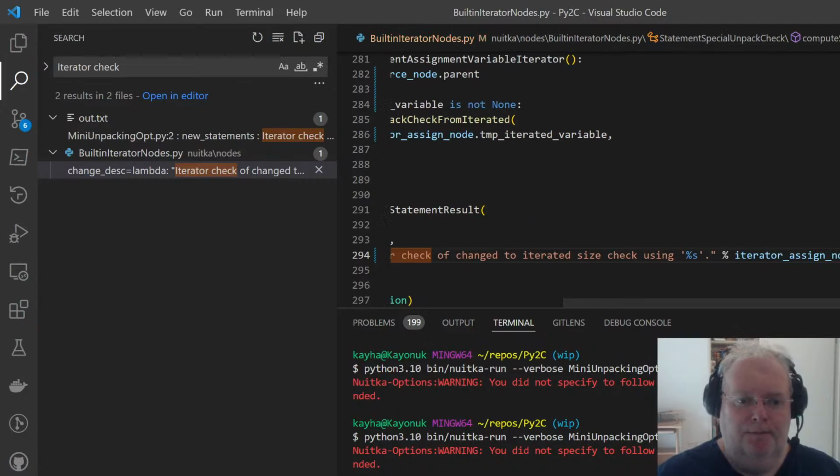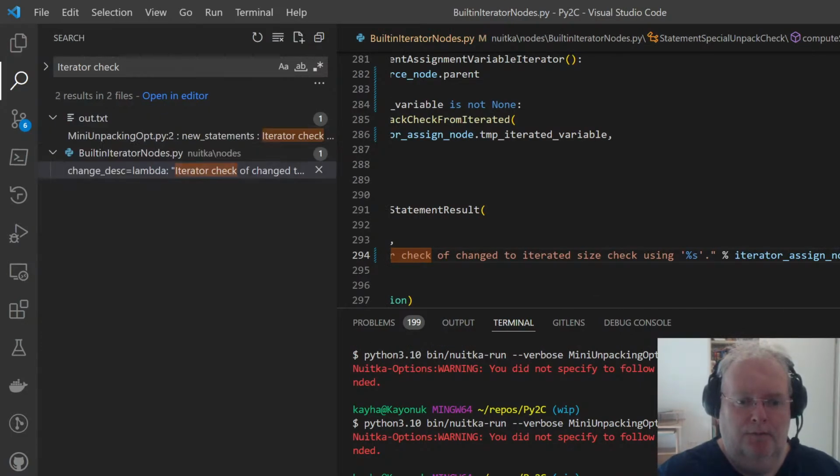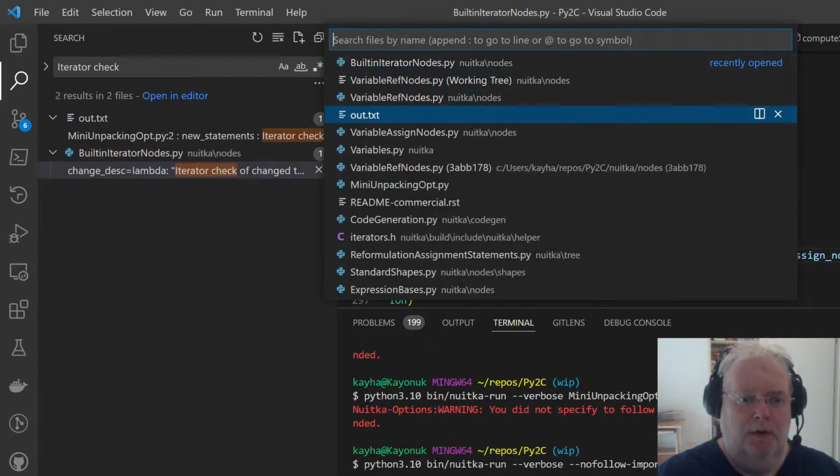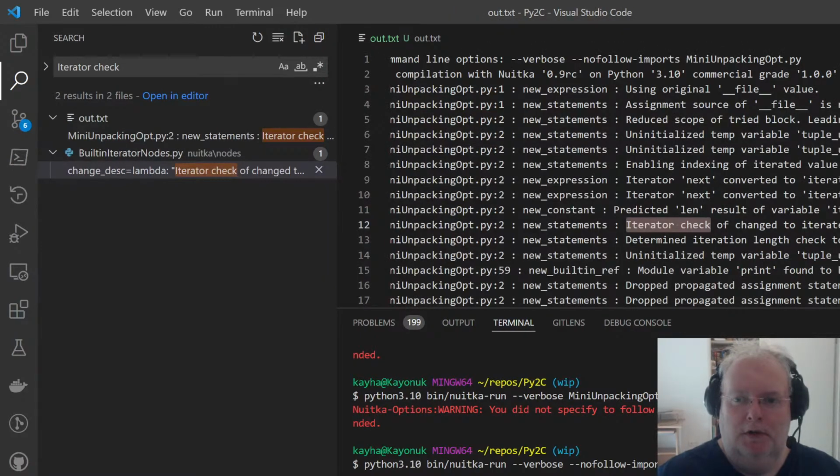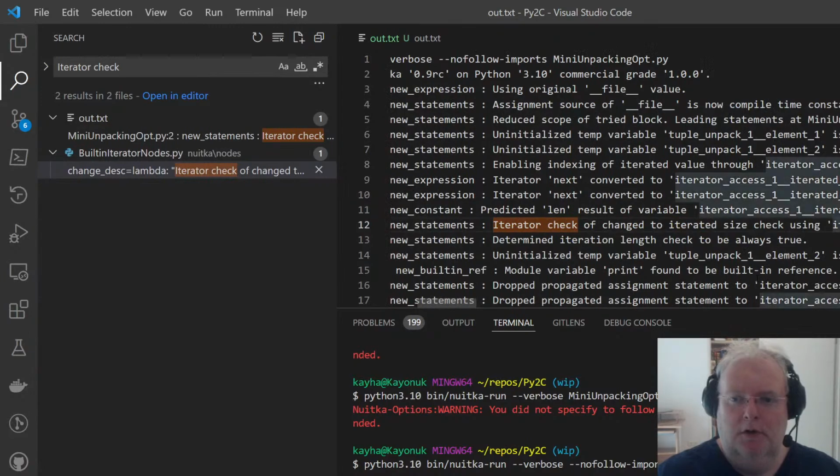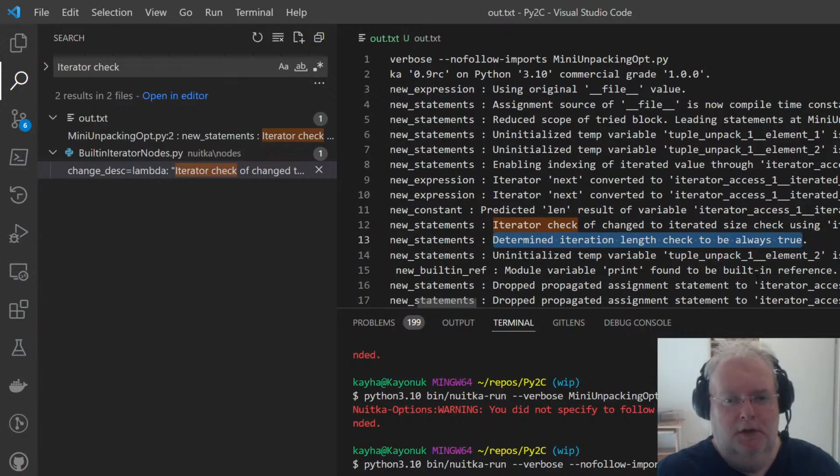Okay. It's even running, yeah. So iterator check to now we're here. And determined iteration length check to be always true. Then I don't know which one it is, because that's really only 2 numbers. The len got replaced with 3, to be always true. Yeah, come on.